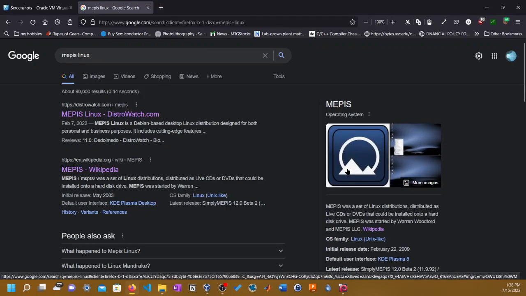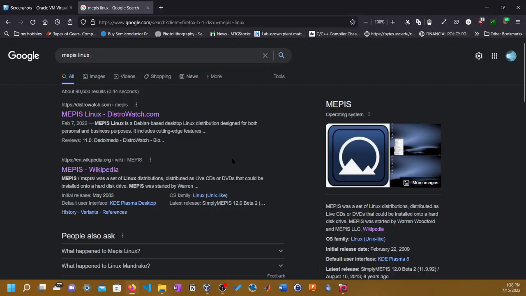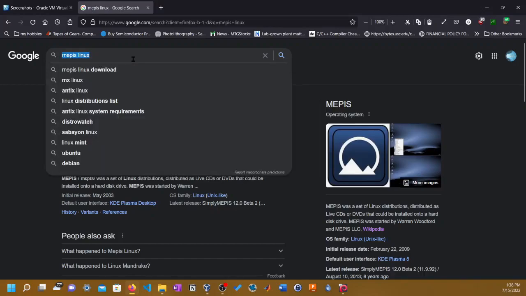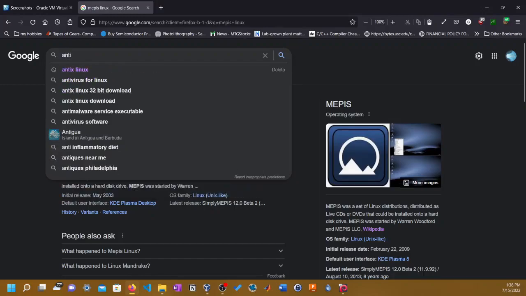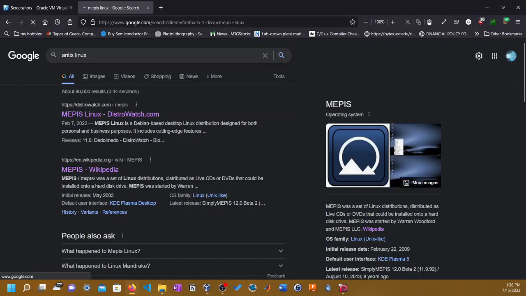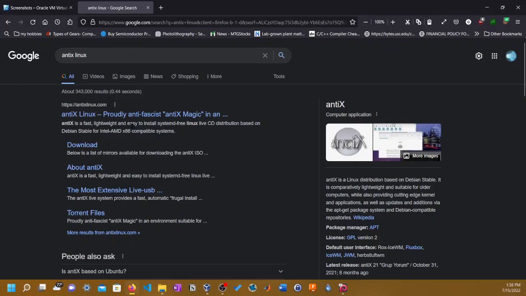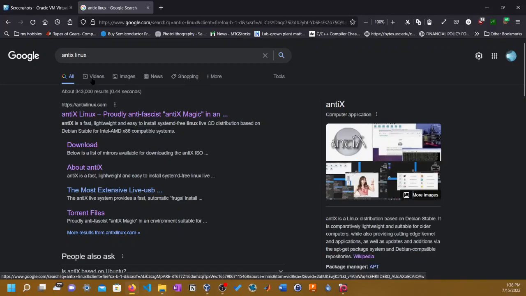MX Linux is basically the same kind of thing, except without the circle and the borders, and it has an X on it. So I guess it's Mepis X or something like that. I'm going to copy Mac OS X. And let me show you what antiX Linux looks like. I think it's also 32-bit, just for old computers.